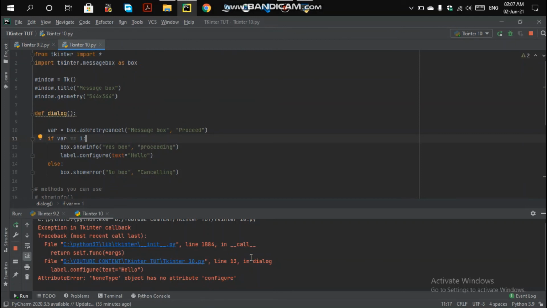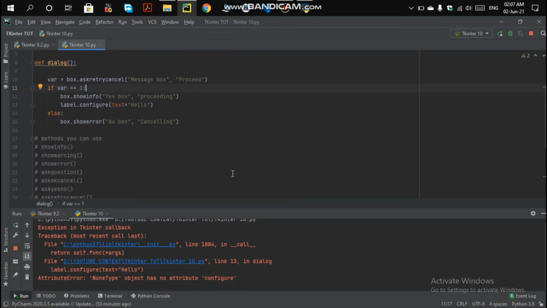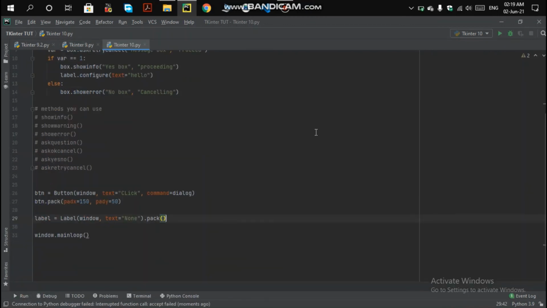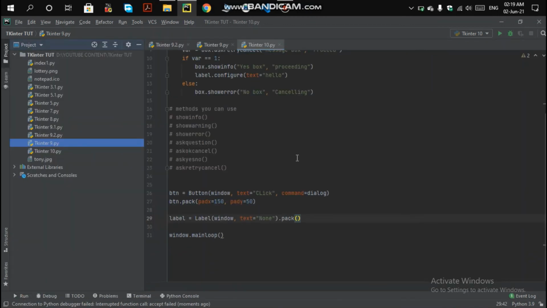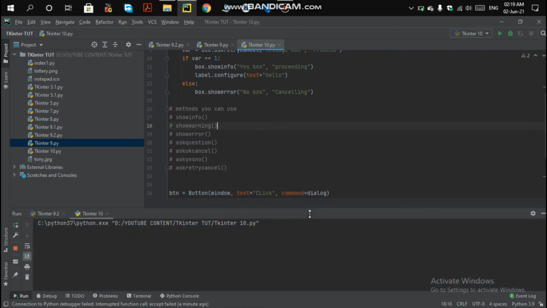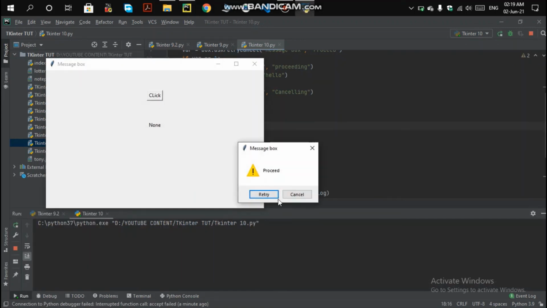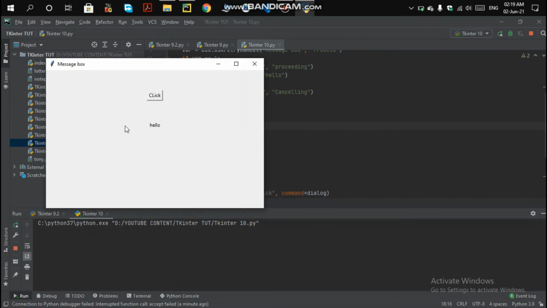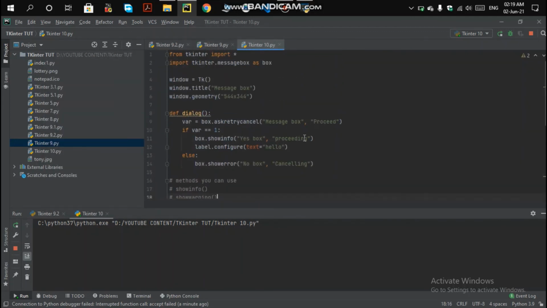Why? Because here the text is a none type object. The error came here, this is an attribute error. To resolve this error, we will be packing this into a label by the variable method. So this happened. When you run it and click on this button and then retry, the value of the label tag is changed by clicking on the button using the configure method.